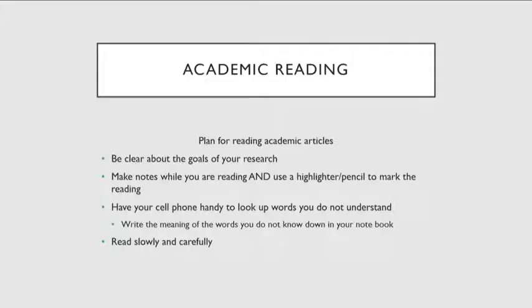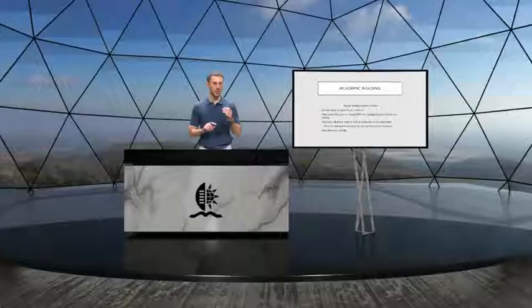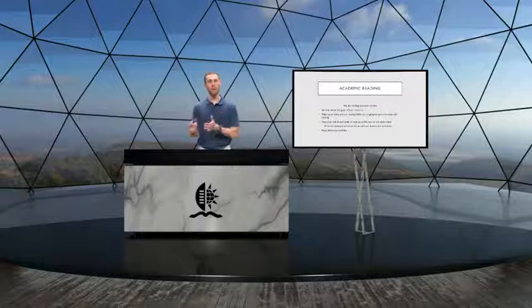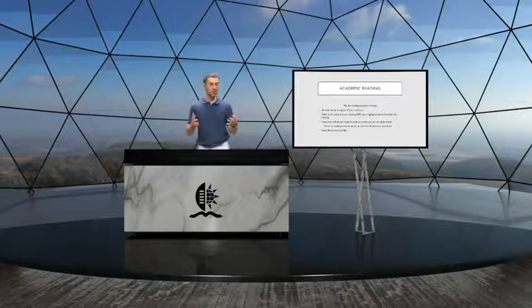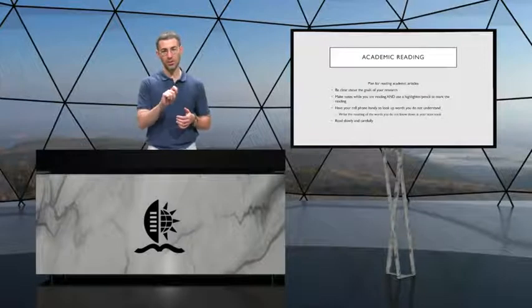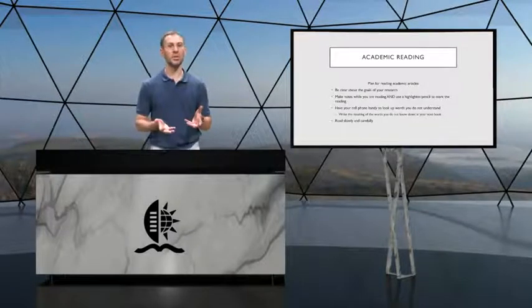Okay? Then you're going to make notes while you are reading, and you're going to use a highlighter or a pencil to mark the reading. Okay, we're going to look at that just now, how to do that, and what you might write down. What are the kind of notes you will make when you read? What parts of the reading will you underline, or what will you highlight? Okay, and in this sense, you don't need to have a photocopied or a printed piece of paper with the reading on it. You can do that on your computer, and you can use a highlighter on your computer. You don't need to print it out, okay?